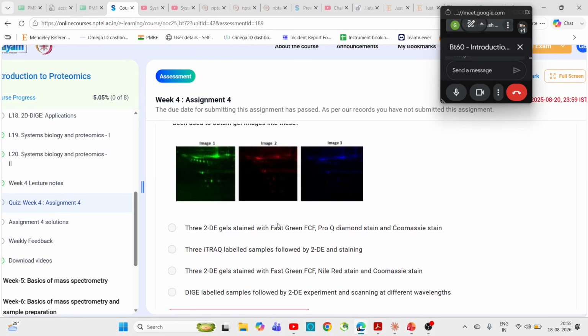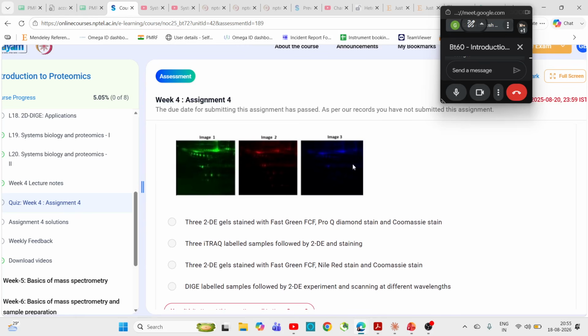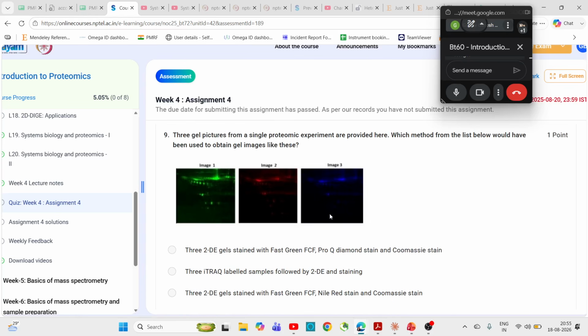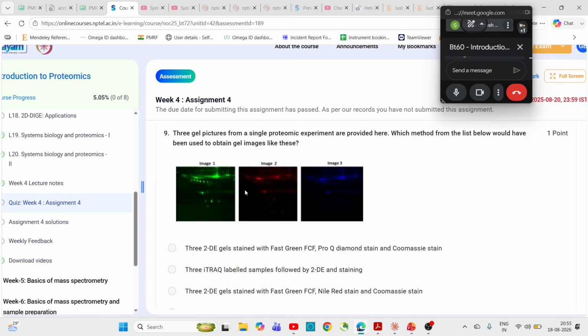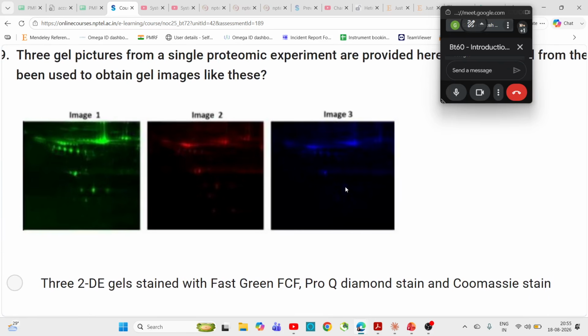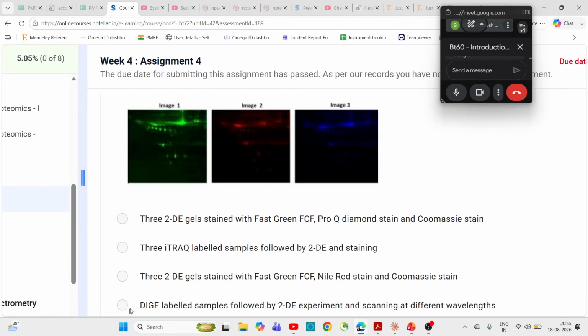I think there's some problem with this gel here. It should show each and everything because Cy2 is generally bluish in color and it is a pooled sample together. So basically this gel should show each and every band present in image 1 and image 2. I think there's some problem with this gel. That's the reason you might have answered third as an option. But